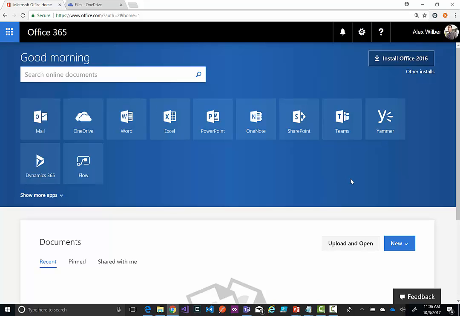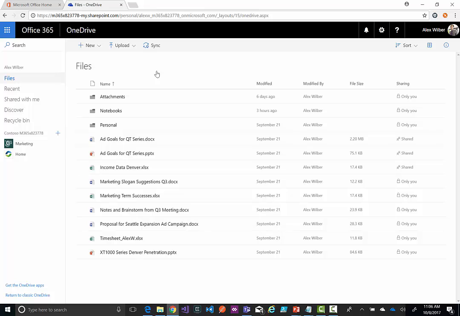All right, so for this demo, I'm signed in as Alex, as you can see on the top right corner. Once I'm signed in, I can go to my OneDrive page by clicking that icon there. And here you can see that by default I'm on my Files tab. And on the Files tab, I would see all the files that